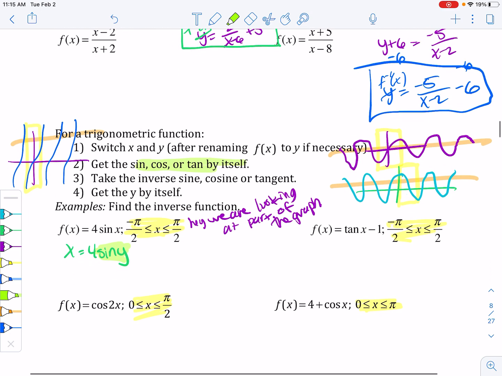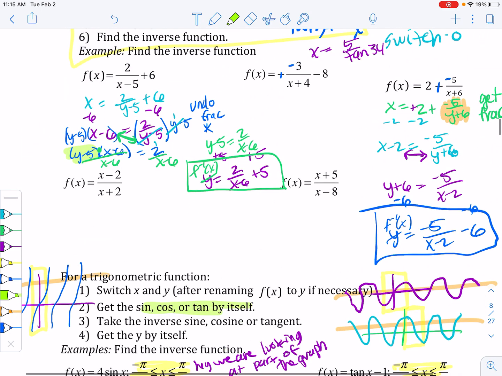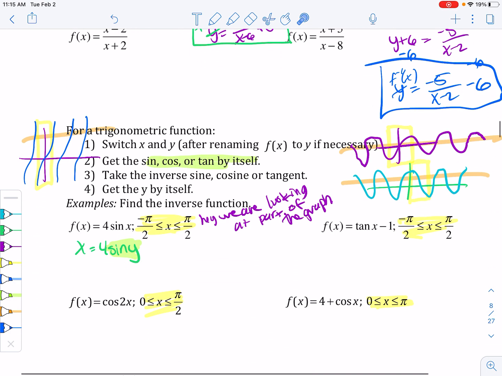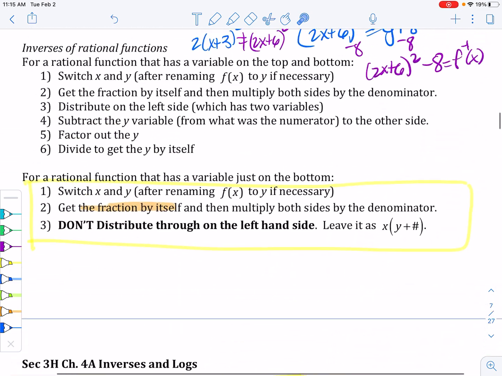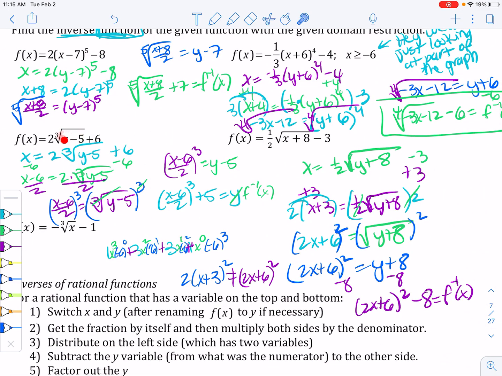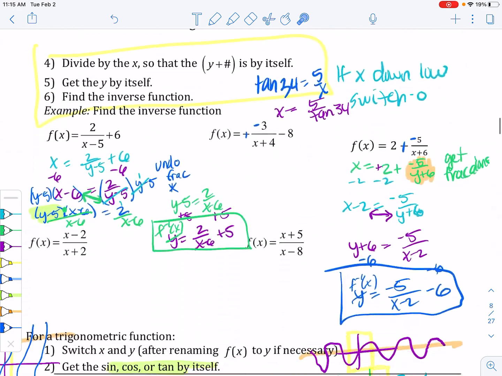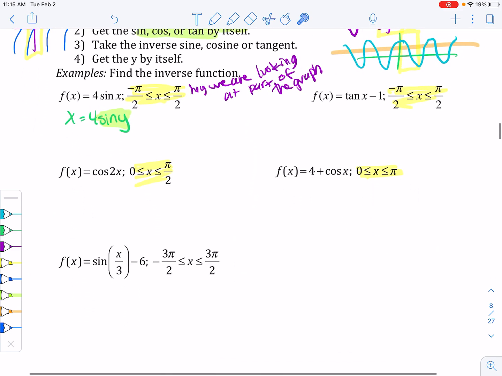So I like to think of function because it works for all of these. It works for our rational graphs, you get the fraction alone. It works for sine, cosine, and tangent, you get the sine alone. It works for our roots, you get the root alone. It works for our powers, you get the quantity to the power alone. It works for our lines. Okay, so whatever kind of function it is, you get the function alone by itself first,